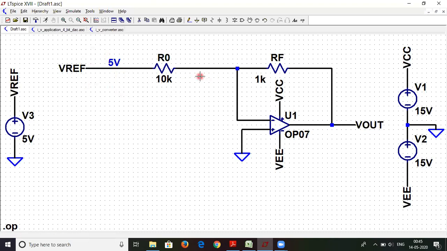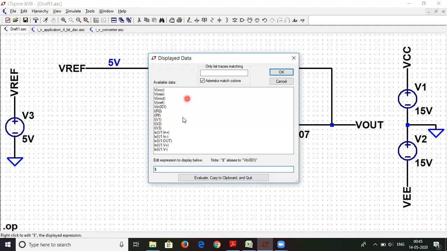So for your new versions, if you directly click on a wire, this value will automatically come. But since this is an older version, we have to do it this way. And just right click on this and click on place .op model. So we have to again right click on this and identify what this current is.